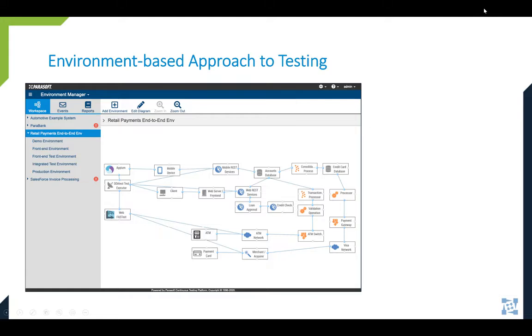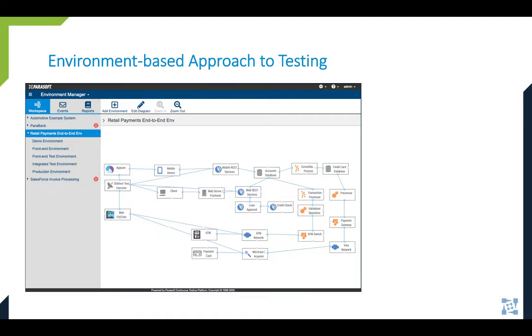CTP is Parasoft's web-based interface where we take an environment-based approach to testing, where you can graphically define your specific topology in a model that you can then save as configuration instances that are combinations of on or off or live or virtual, and then toggle between those live or virtual assets for your particular testing scenario.